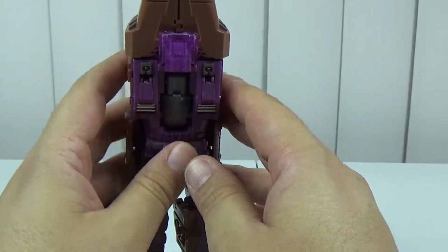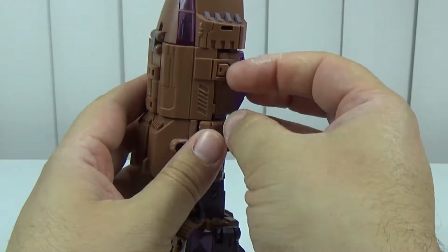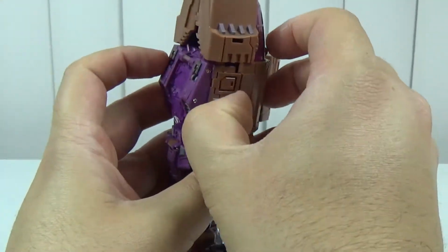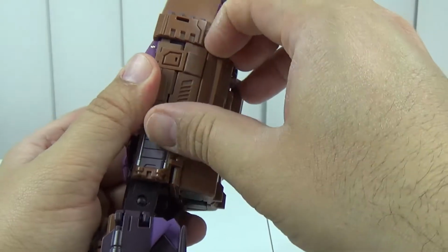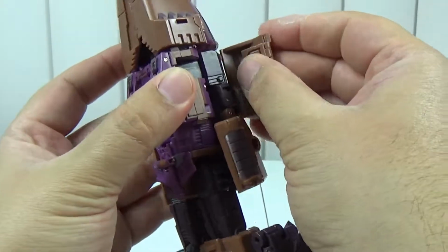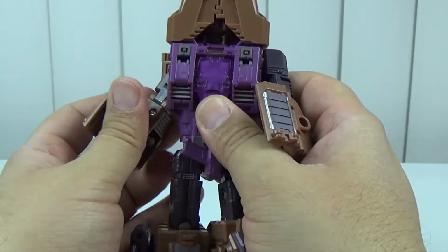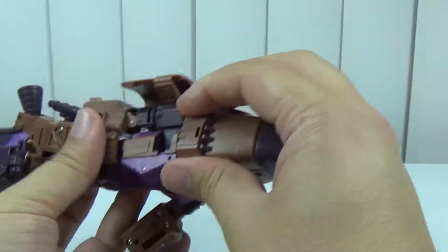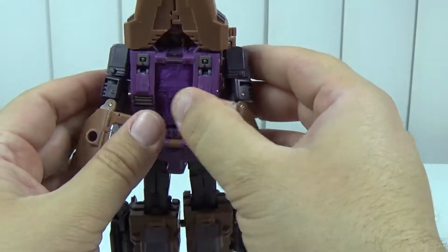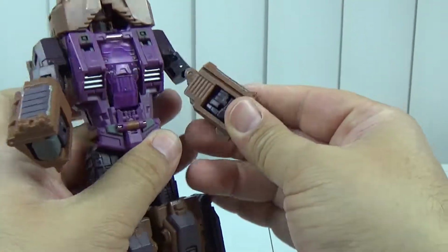So then you want to take this, and we'll just put that back down if you don't already have it down. Flip these bits out. Come on, flip out. There we go. You can tuck these little thingies in. Bring this out to the side. It'll be like that. Let's go ahead and just bring them out to the side as such. Fold these pieces in like that. And then